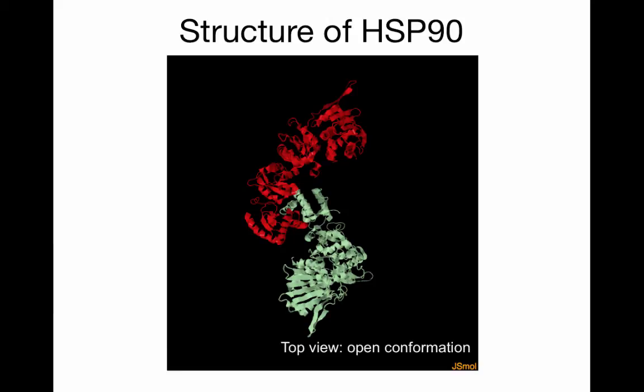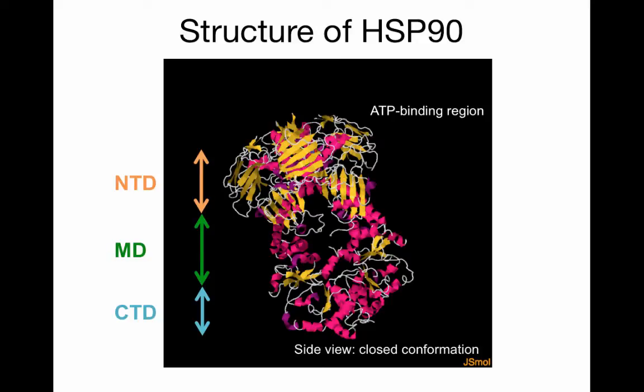This is a top view of Hsp90 using the same resolved structure. In transition to closed conformation, the N-termini come together in the center, and it's why on the opening slide the open versus closed conformations looked like a twisted clamp. Closed conformation is shown here in ribbon form on JMOL. The colors just show different secondary structural elements, where pink are the alpha helices and the yellow are the beta sheets. The structure was resolved in complex with the co-chaperone SBA1 and ATP, but this image only shows the Hsp90